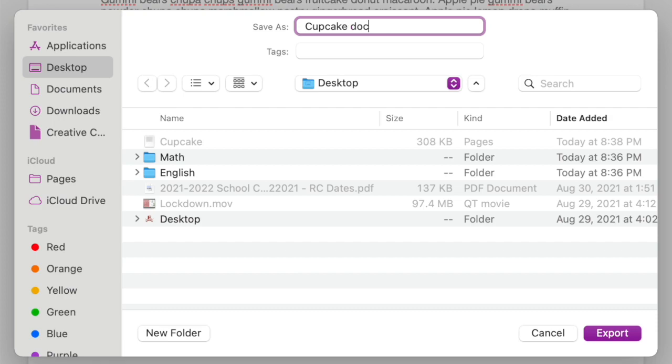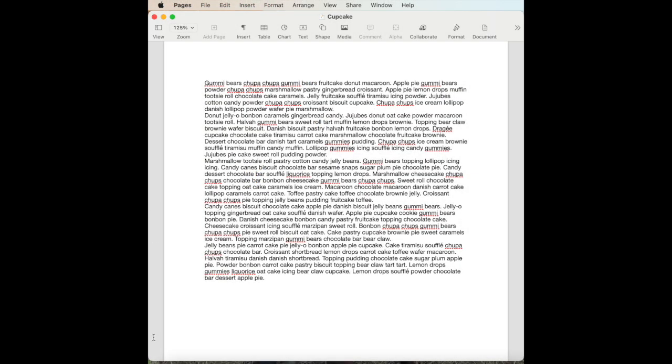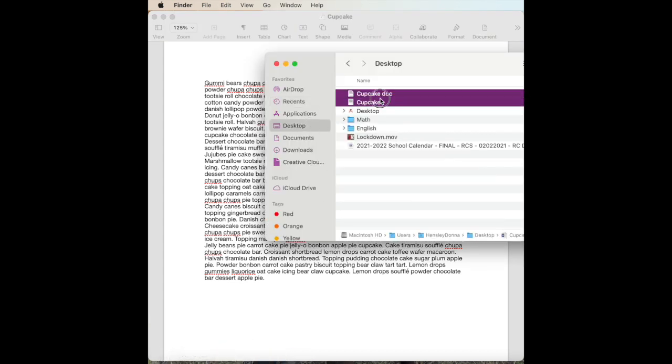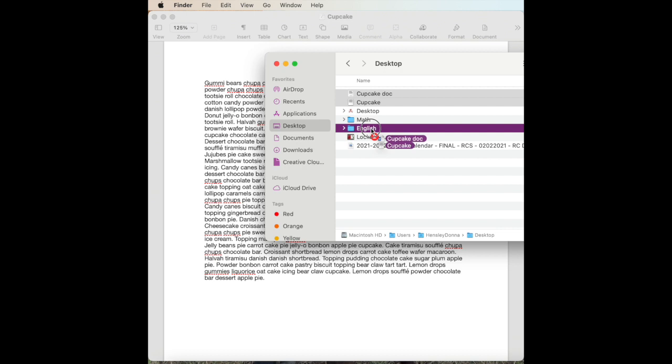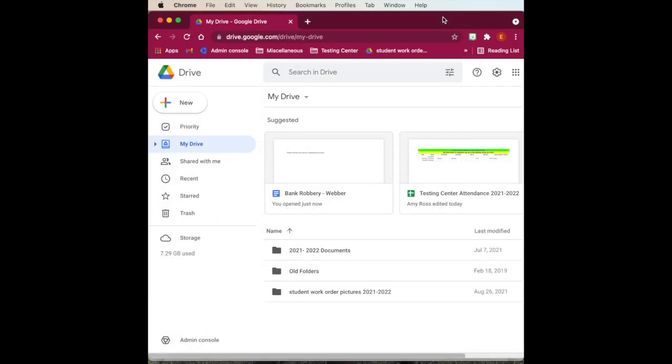I'm going to just add that extension, letting me know here what I've done with it. And then I'm going to drop both of these files in my English folder. I'm going to say there for English. Okay, so I've done that. Now I want to go to Drive. So in my Drive folder,